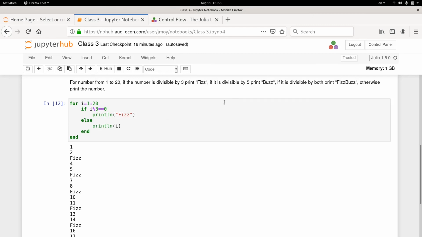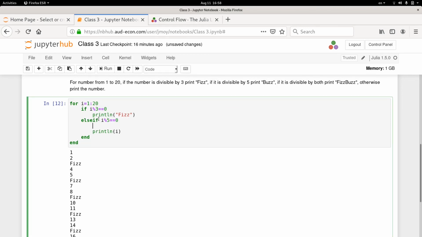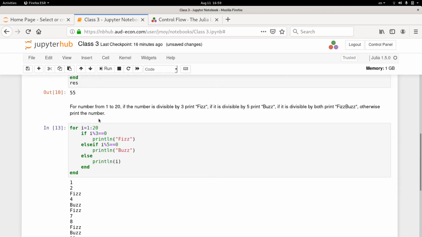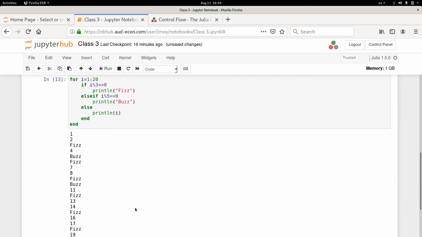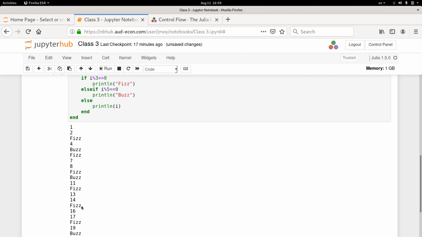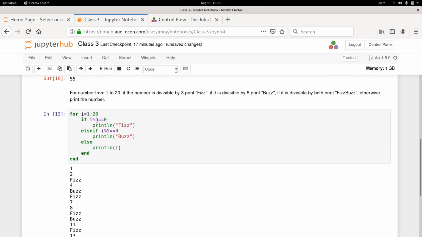Now for the actual fizzbuzz, I have more conditions. Okay, else if. Okay, so now in multiples of 5 you are getting buzz. Okay, but for 15, which is a multiple of 5 and 3, you are getting fizz, because see the first condition is executed. i modulo 3 is 0, it will print fizz, and then it will immediately go to the end of the if, right? So it will not look at the other else ifs. So only when i modulo 3 is false will it look at the other else if. Are you getting the point?